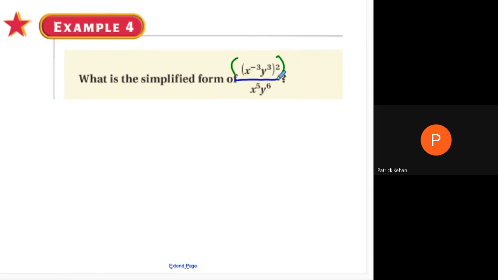So in the numerator, I'm going to be left with x to the negative sixth. Negative 3 times 2 is negative 6. And then times y to the 6, or 3 times 2 is 6. So we end up with x to the negative 6, y to the 6 over x to the fifth, y to the 6th, right? And there's different ways that you will strategize on how to approach this. At this point, though,